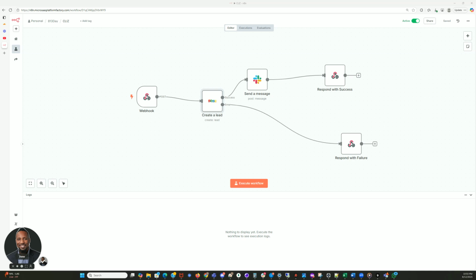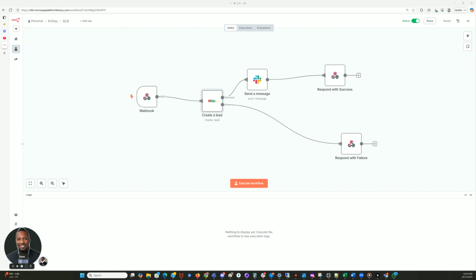First off, the flow that we're looking at is a pretty simple flow. It sets up a webhook, meaning that your front end, your websites, can send information into this flow. In this case, it is built for a landing page that's collecting leads. So the landing page makes a call to this webhook and sends the information in. It contains information such as the email, the first name, the last name, things needed to create a